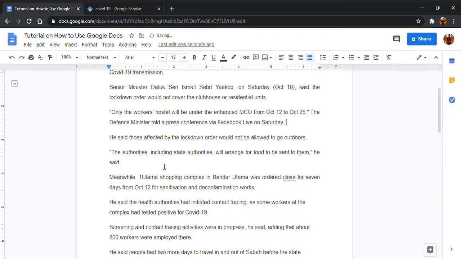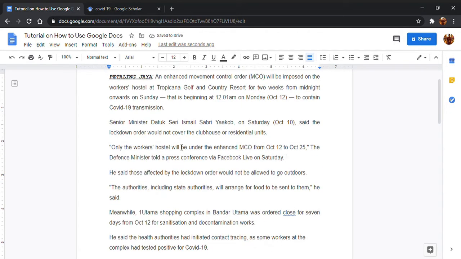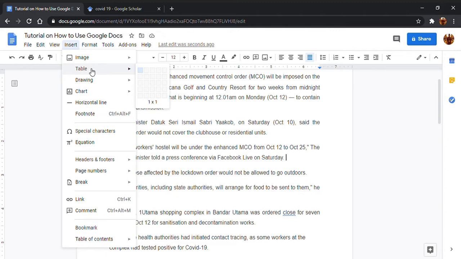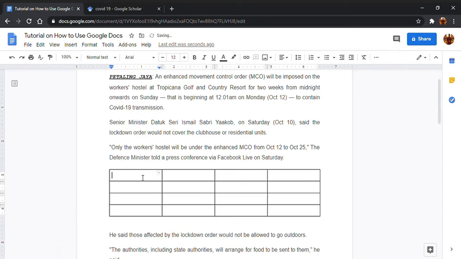Another thing is you can put a table in your Google Docs. Let's say if I want to put insert and then table. So you can have all the type of table you need, and it's up to you how big your table is. Let's say if I put here I want it to be 4x4 table, so we'll have your 4x4 table, and you can just type it here based on what you can put here, numbers,